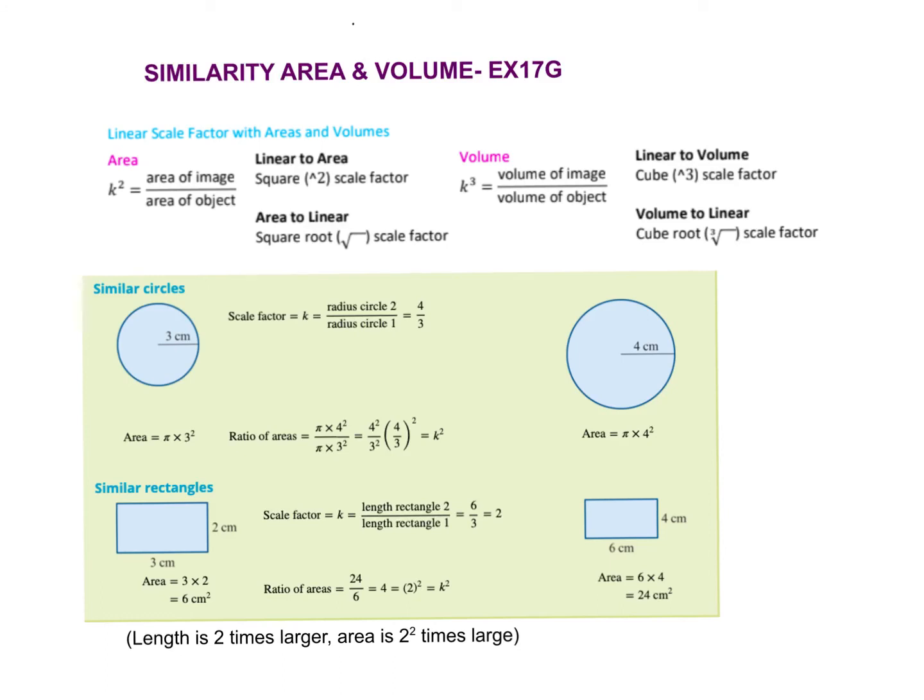Alright, so in this chapter we're going to look at what happens when we have similar shapes: their area and volume are also similar. But we have to be careful when we're comparing. The area and the volume go up by a different amount to the length ratio. So what we're really going to remember is that the scale factor, which we often call K, is